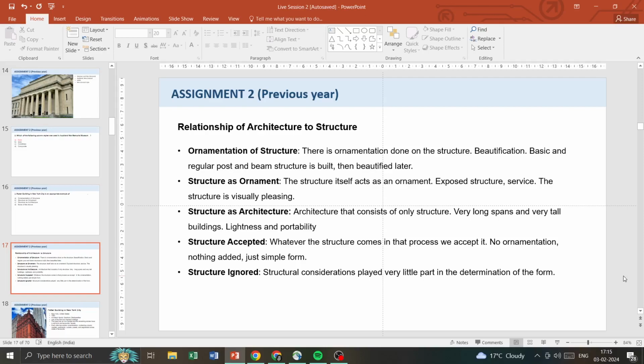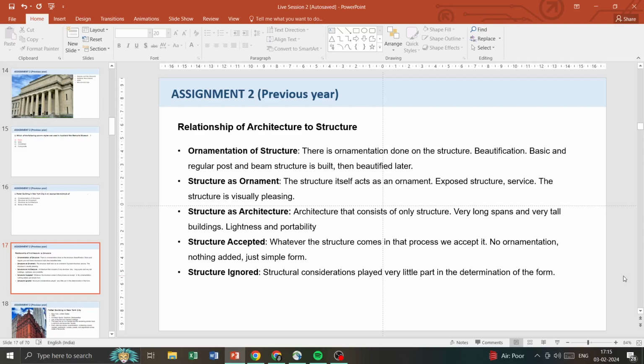That means it's a structure accepted building. And when we talk about structure ignored, it means that the form is so dynamic that the structure is not important. The form is important and the structure has been molded according to the form. For example, Opera House Sydney, all of Zaha Hadid's work,